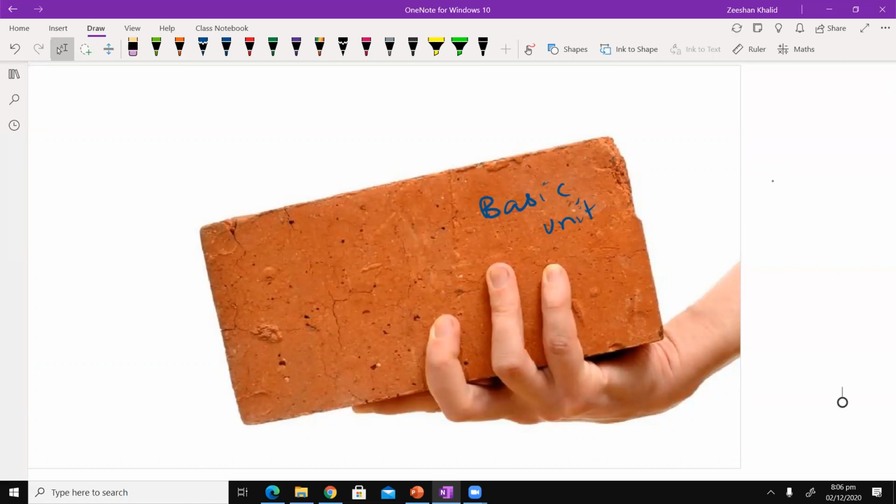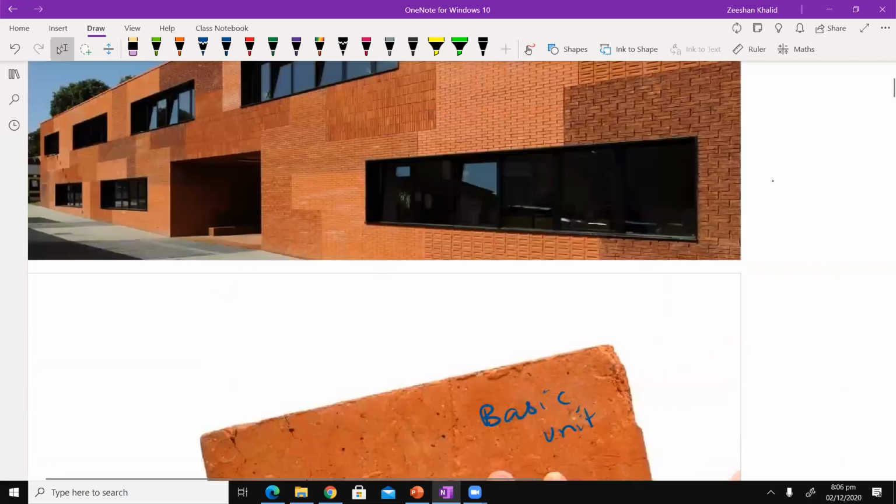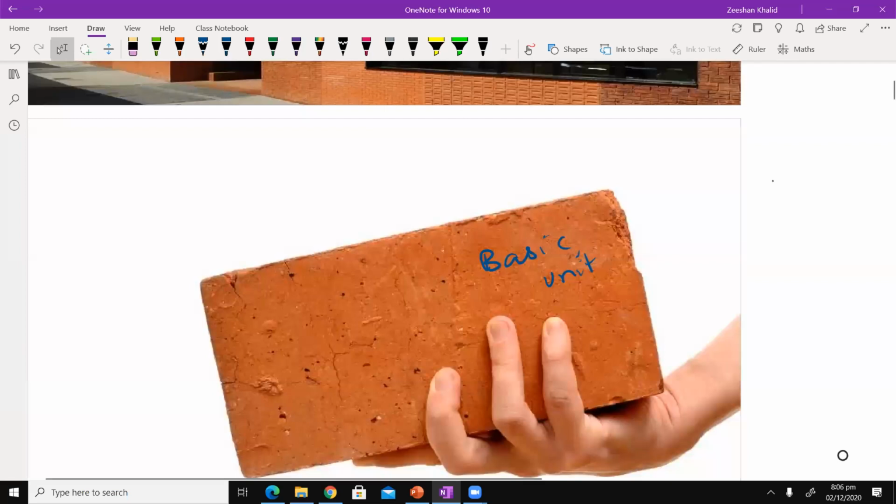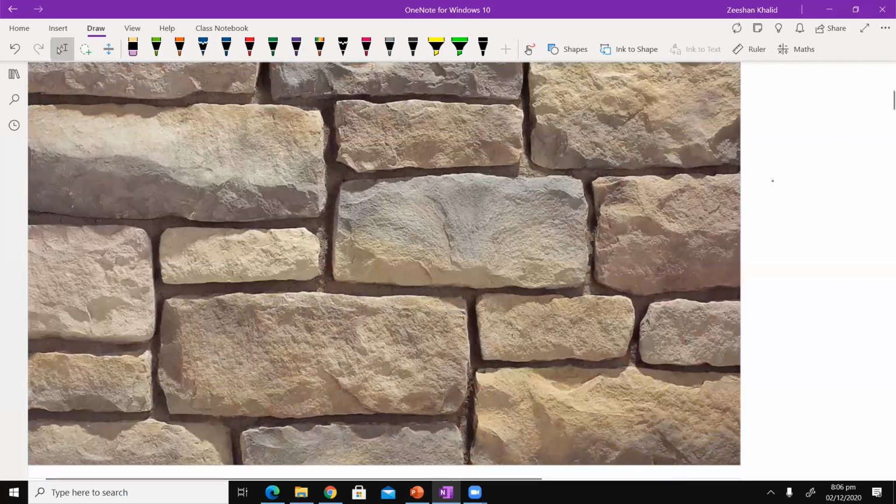So now what I want you to do is go back to this picture and think about this. You have this basic unit and then you have this entire building. It's not just that you transition from this brick in one instance to this entire building. There are levels and steps that happen. So for example, lots and lots of bricks will combine to form what you can see. That's basically a wall, okay?